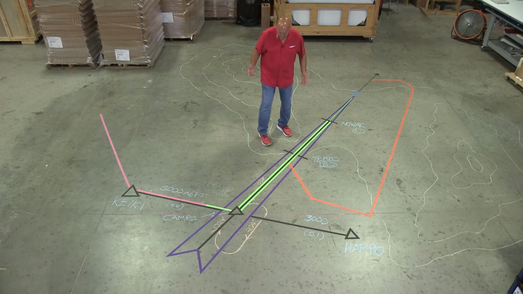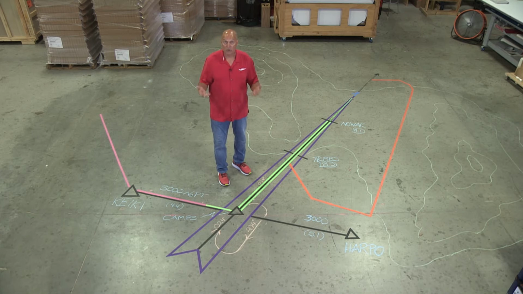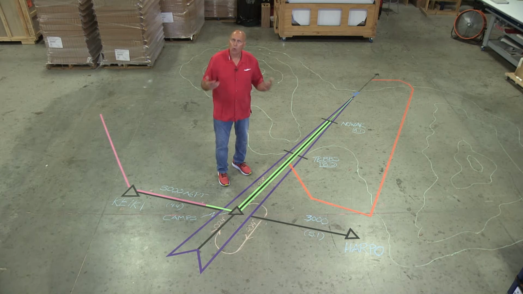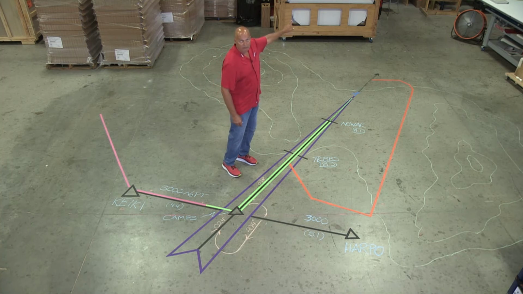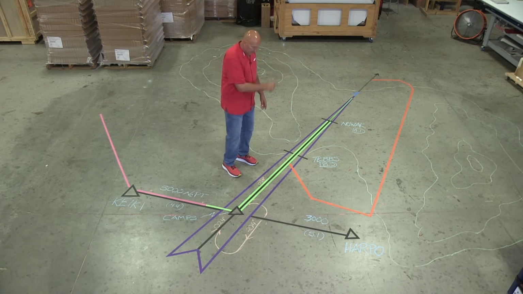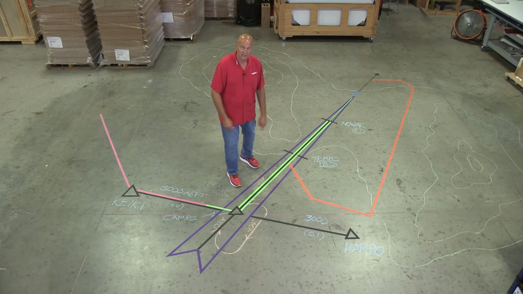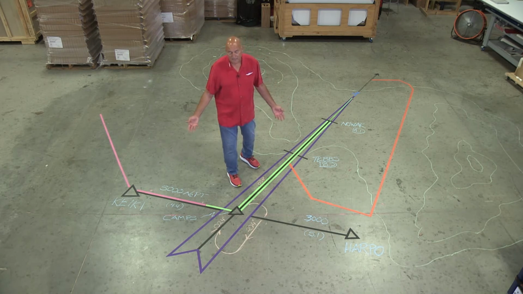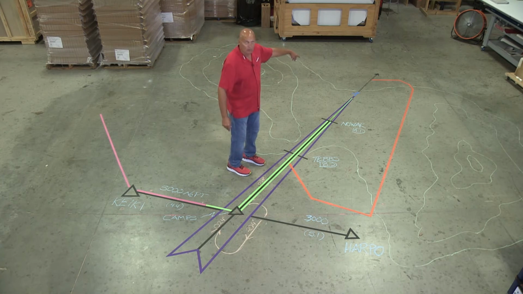But let's just say that you're here on the island and you're practicing an approach like this. What would they actually have you do? Would they have you fly the missed approach out here, fly the actual published hold, come back in and maybe fly this all the way back to CAMPS, do the procedure turn, come back in and start the approach? Probably not. But what they probably will do is they will send you out and they will give you a